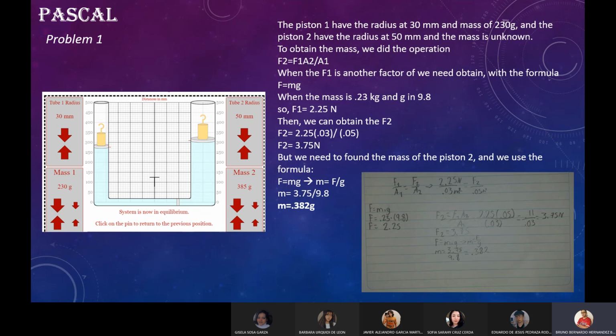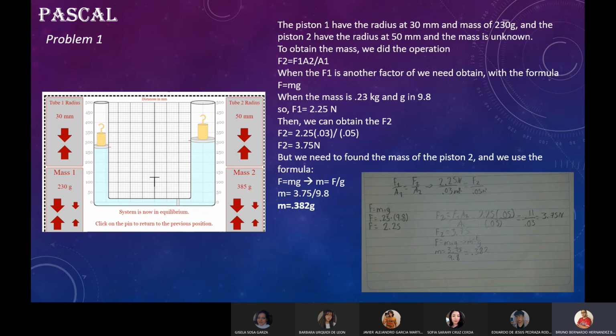and mass of 230 grams, and the piston 2 has the radius of 50 millimeters and the mass is unknown. To obtain the mass, we did the operation force 2 equal force 1 times area 2 divided by area 1. And the first force is another factor we need to obtain with the formula force equal mass times gravity. When the mass is